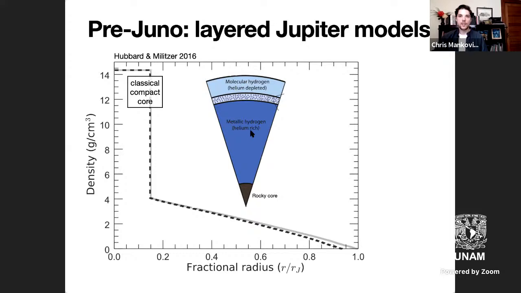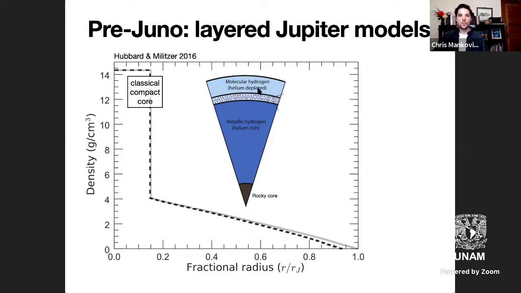And the reason for this is really that for the temperatures typical of the giant planets, as a function of increasing pressure, as you move into the planet, you eventually start to pressure ionize the hydrogen, and it takes the form of a metallic fluid. And so there's a major difference in electrical conductivity between these two layers, which is why they're thought of as distinct.